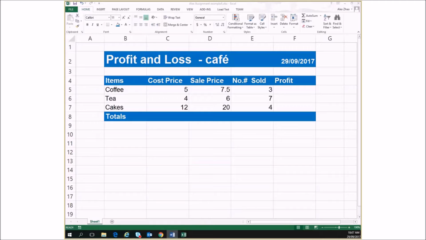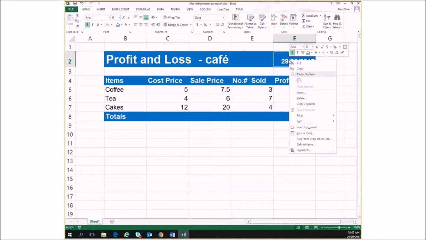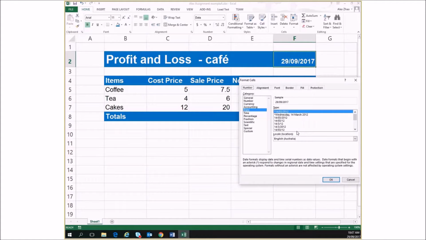All right, let's talk about formats. Formats right now. Okay, so obviously this is a date, and that's an obvious one to format. So if you remember, we can format the cell to be a specific data type. So if I right click on it and I select format cells,